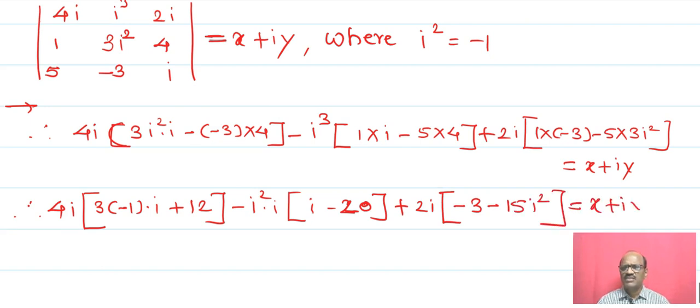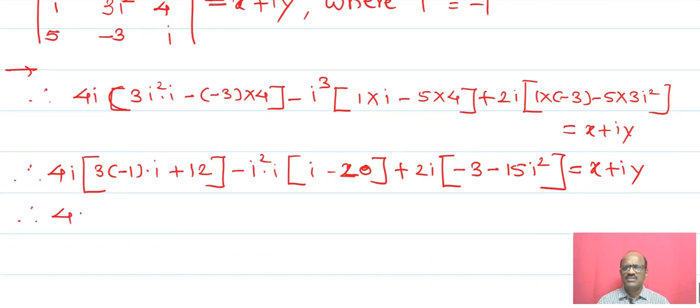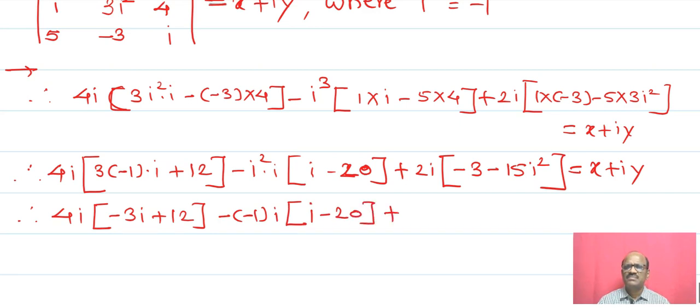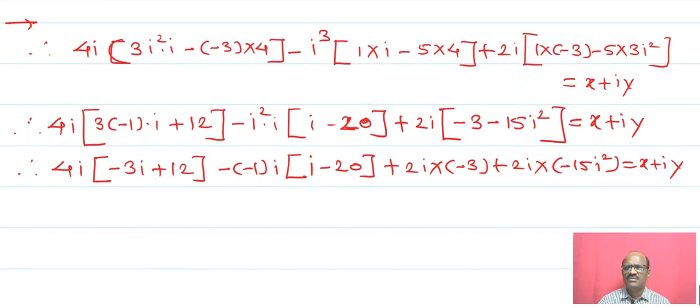that is minus 15 i square, that is equals to x plus iy, that is equals to 4i minus 3i plus 5, i square can be written as it is a minus 1. Now simplify. Therefore